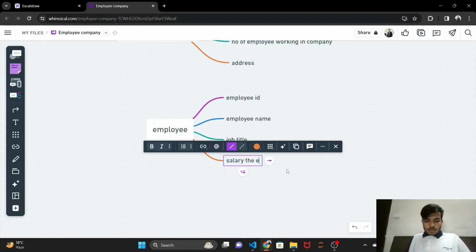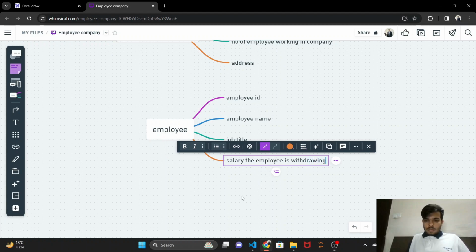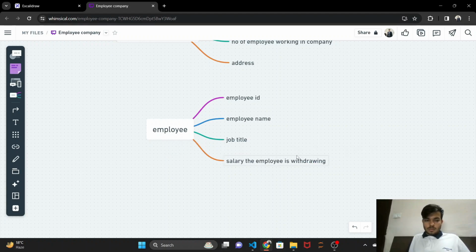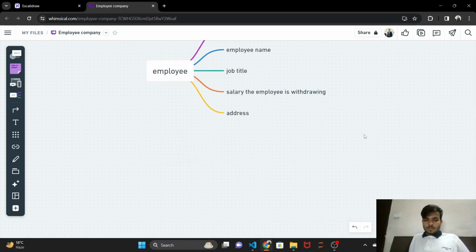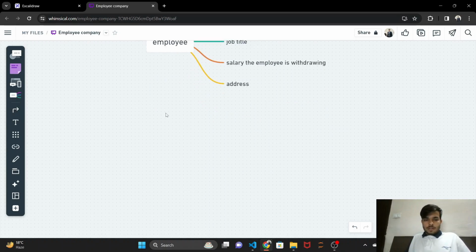Another attribute we can take is salary the employee is getting, or we can replace it with what the employee is withdrawing. So next, for employee, we can add another attribute, address of employee. This will be multi-valued. So the next entity that we can have is